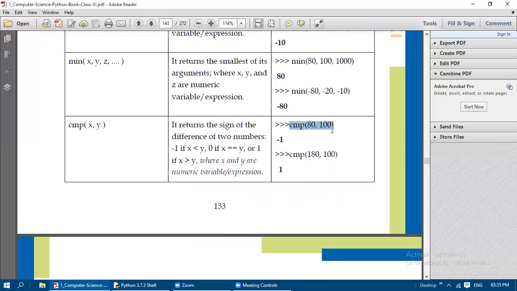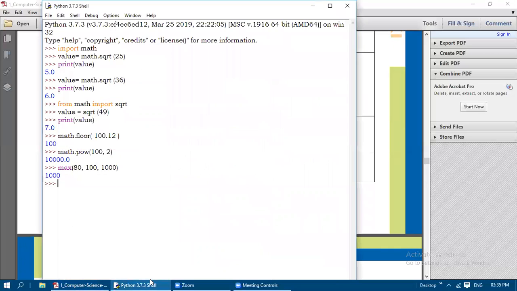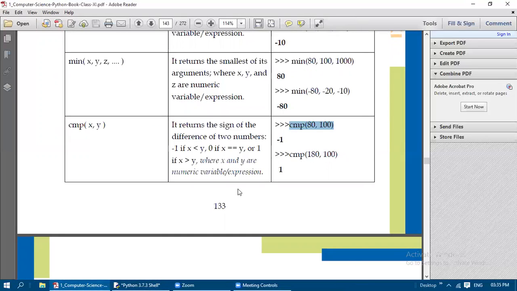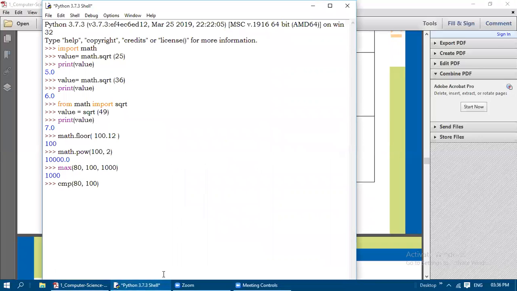Let us check this one by one in our Python 3.7. Compare 80, 100. CMP is not defined.